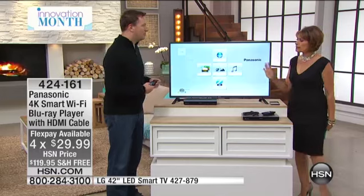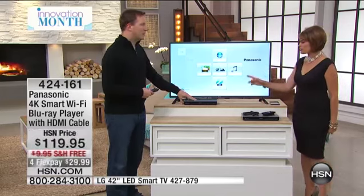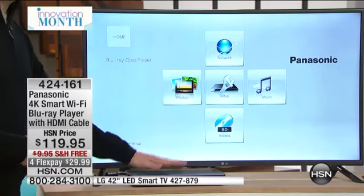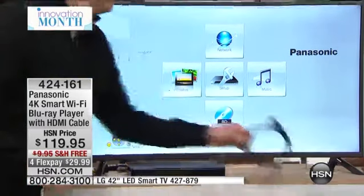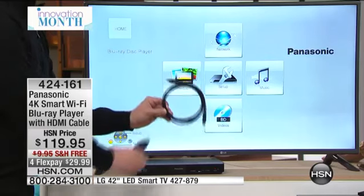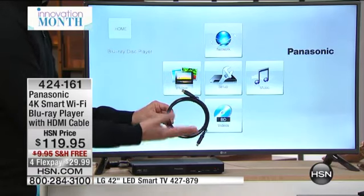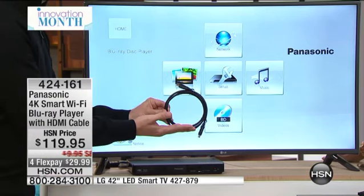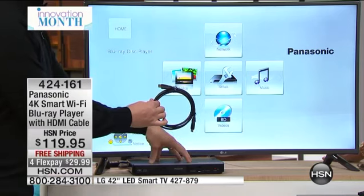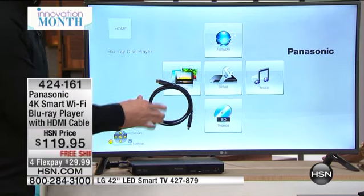So when you say that it connects to Wi-Fi, what does that mean? Does it mean that I need to hook that up to my TV, or how does that work? So the one cable comes with it. By the way, you're getting HDMI 2.0. So this is a big deal. Let me just talk about the cable first, how to connect it. There's HDMI 1.0. That's been around for probably 6-7 years. They came out with 2.0. You need the 2.0 to support the 4K content,